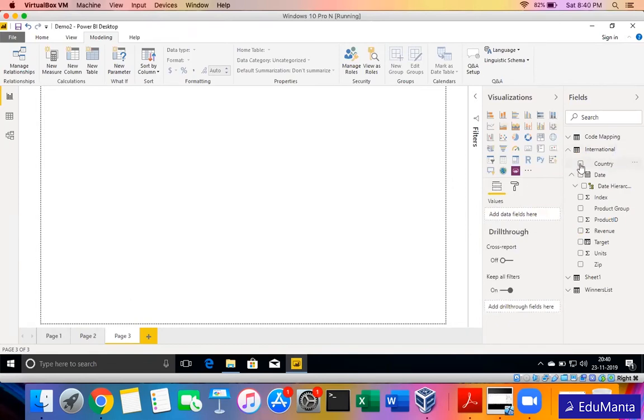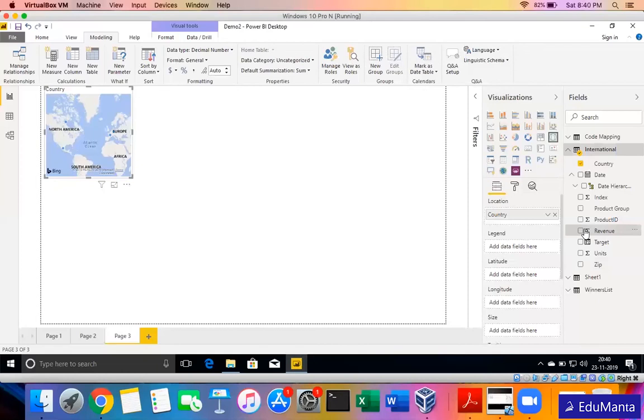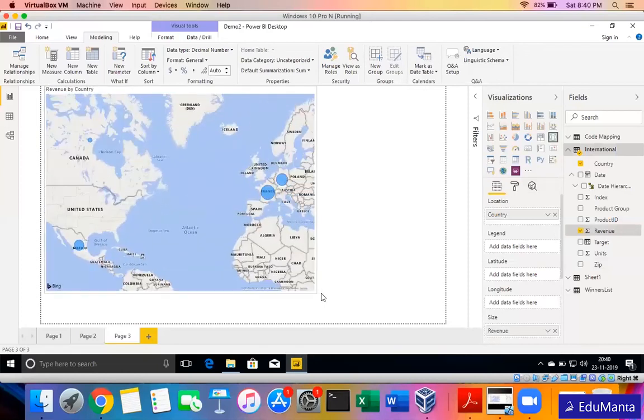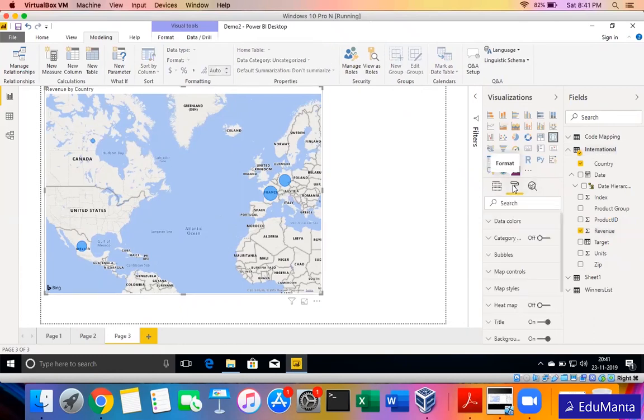As soon as I click on country, Power BI understands, okay, it is something related to geographical data. It creates a map. And then I click on revenue, so it will plot the revenue on this chart. So you see Canada, Mexico, France, Germany. We have four small balls here, which show the revenue in these four countries. And then we can customize it if we want.